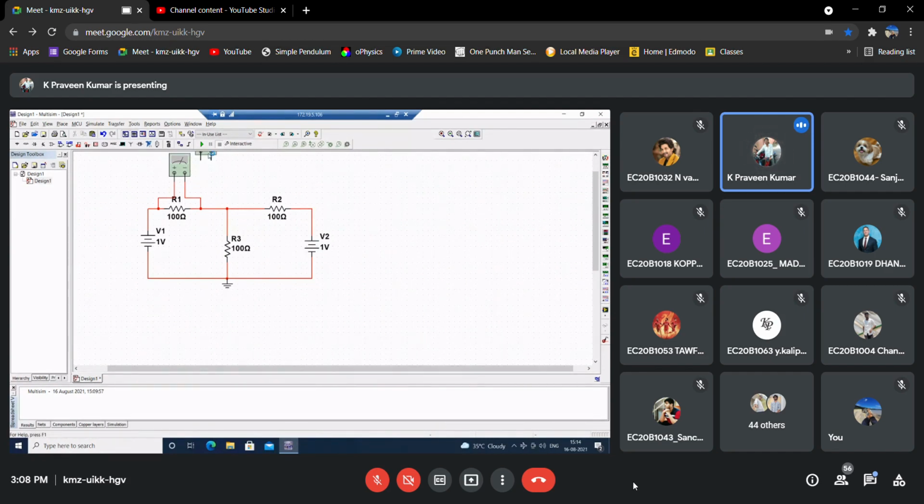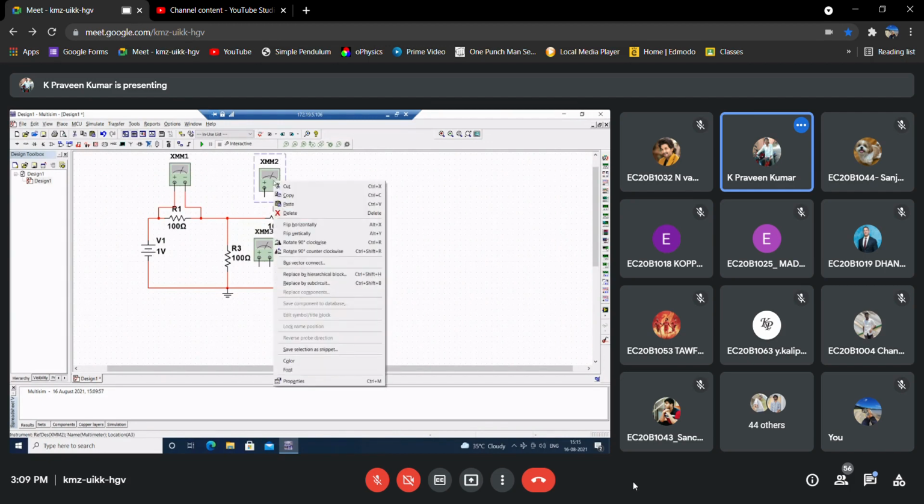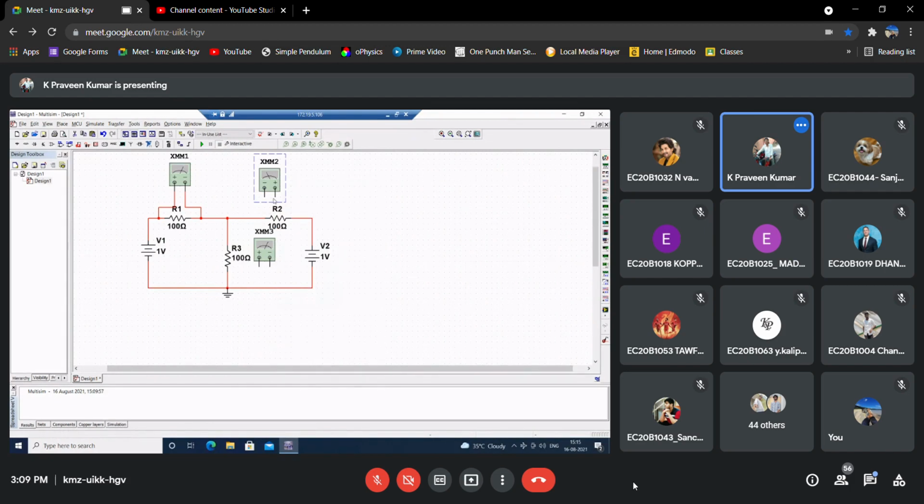So let me take one more multimeter. Right.